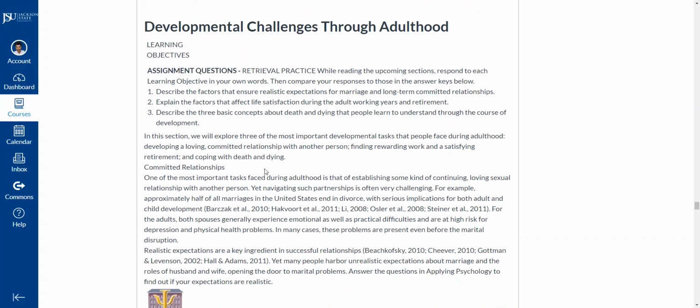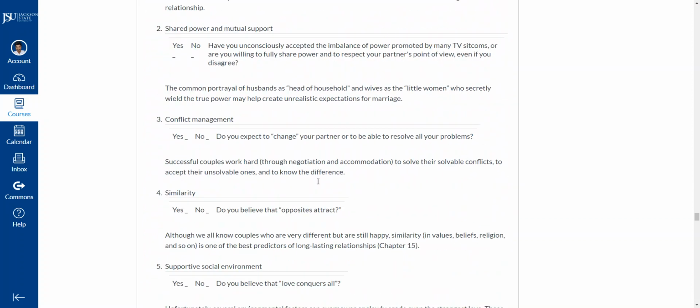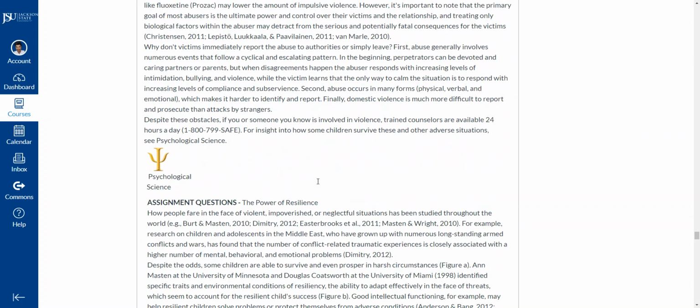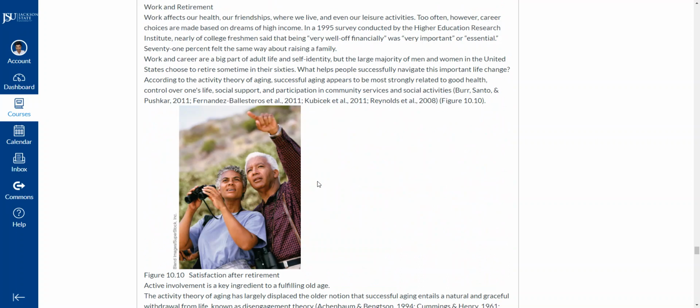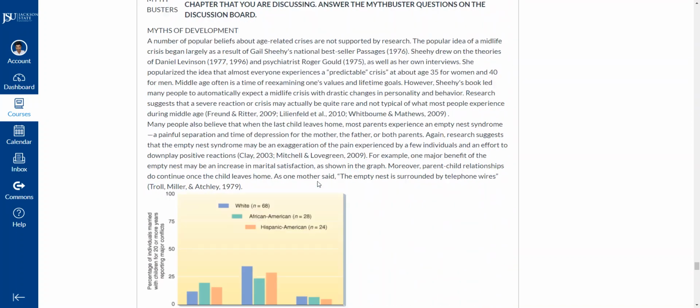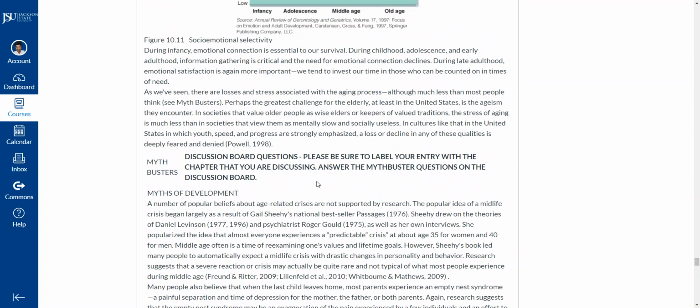Okay, well, as you can see, this chapter has a lot of questions for you to answer. All the work within a week for this chapter. It's a big chapter. But here we go. Mythbusters. Anytime you see Mythbusters, then this is going to be a discussion board topic question. There'll be only one board that'll be called Mythbusters. So when you go to respond, because you may have several chapters within the textbook that you're going to wind up answering these questions for,